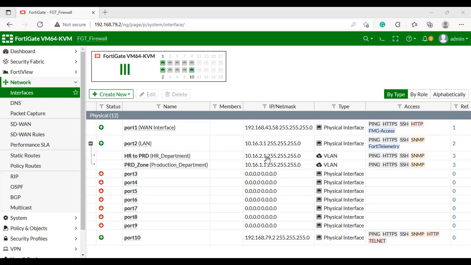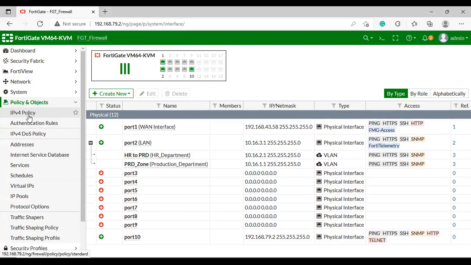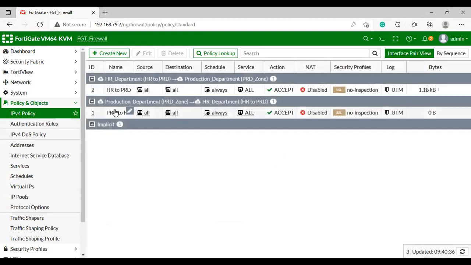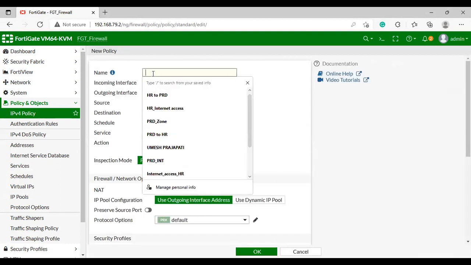So for now, I am going to create a policy in IPv4. As you can see, there are two policies configured in this firewall. I am going to create a policy for internet access for the HR department.